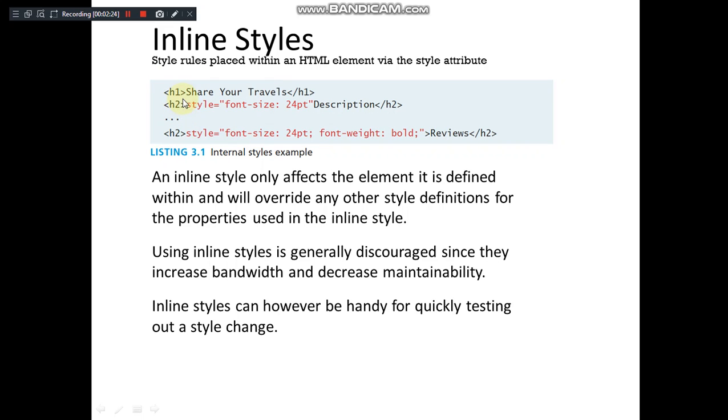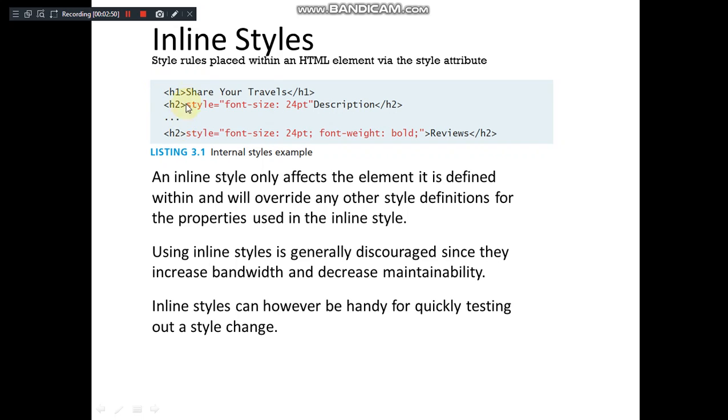The right angle bracket of the H2 tag should be closed here after font size. Anyhow, it is not syntactically strict, so this works for HTML, right? So here, you can observe for H2 style is used like an attribute. You are specifying a declaration containing property and the value.